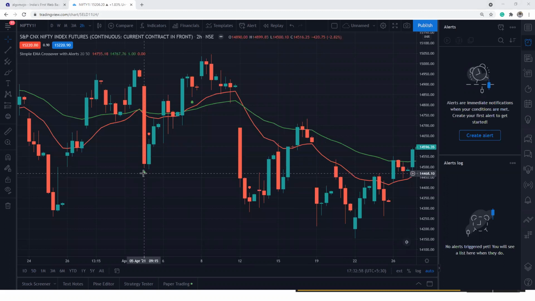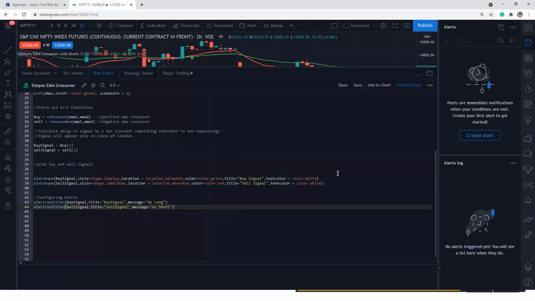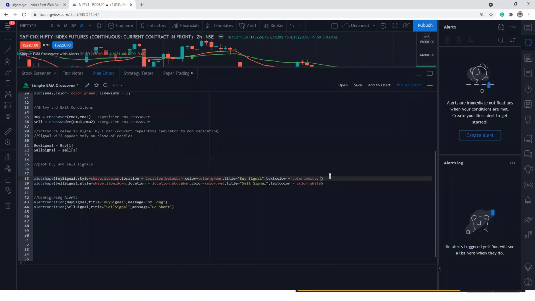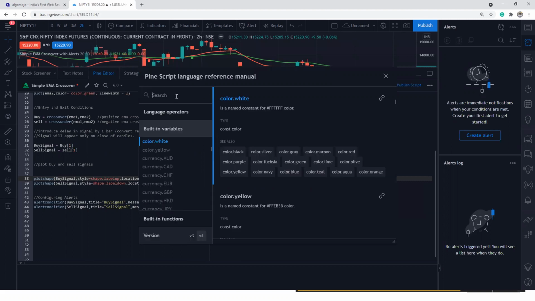Or if you want to increase the width, what one can do here is they also give a condition called size. So you can go and check size, size equal to, and select the size. How do I know the size? Go to the reference manual, here you just go and type size.